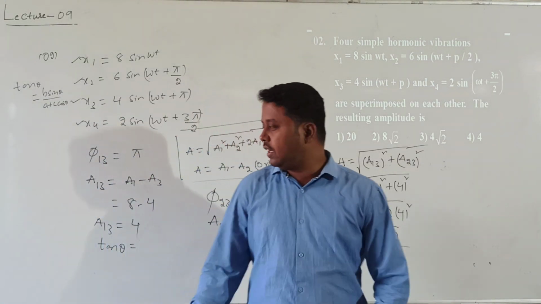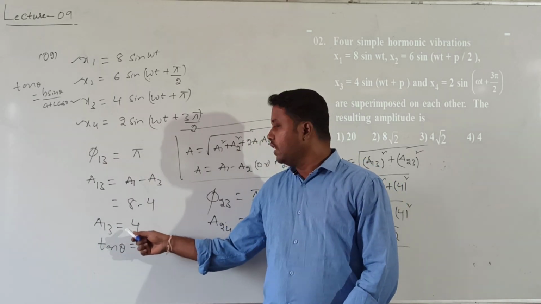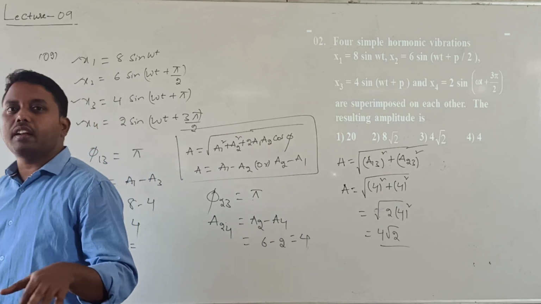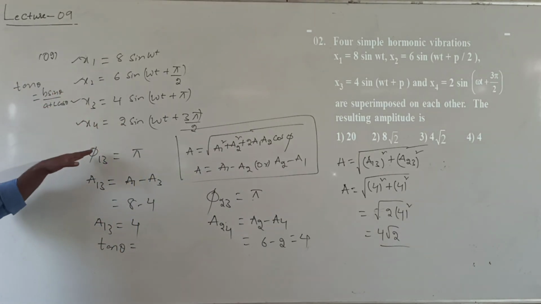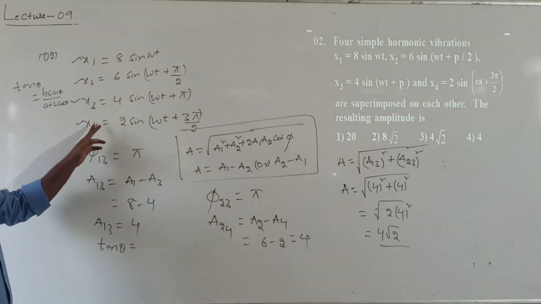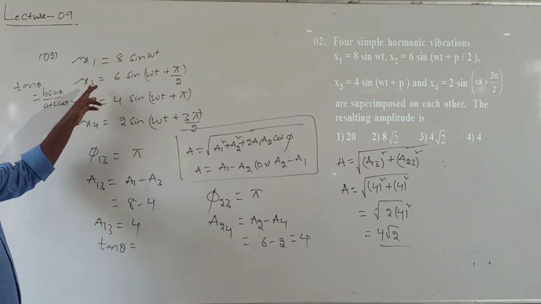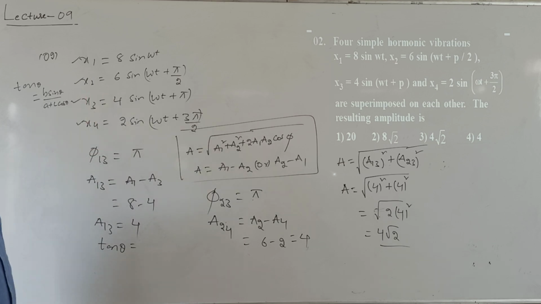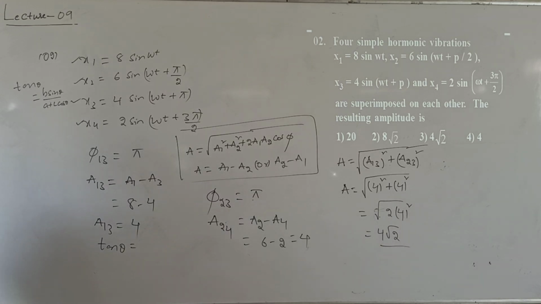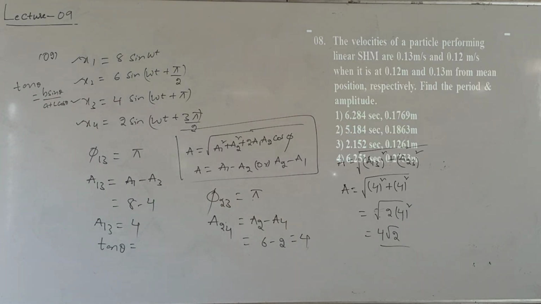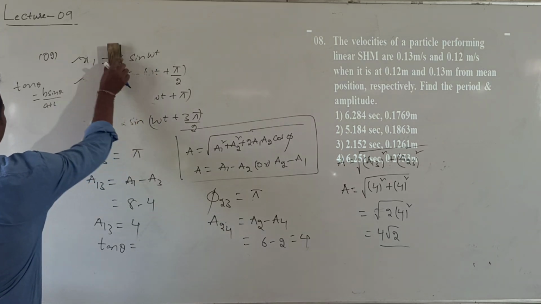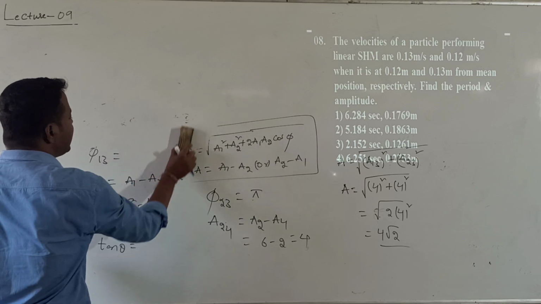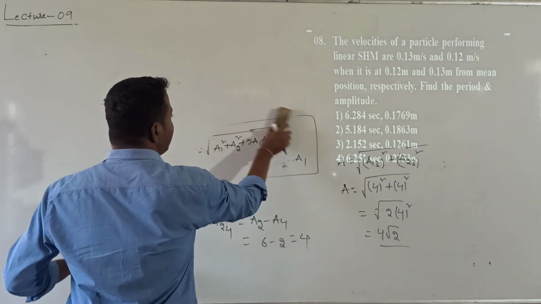So the first one and third one will be perpendicular to the second one and fourth one. Correct? So the first, third and second, fourth will be mutually perpendicular to each other. That you can calculate by using this formula, B sin theta divided by A plus B cos theta. Okay? Next, this is question number 2. So next, question number 8. I have not selected all questions, only a few selected questions, which models we did not get before.